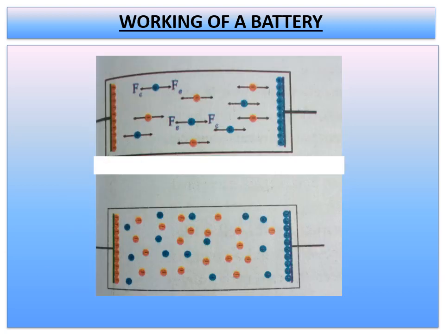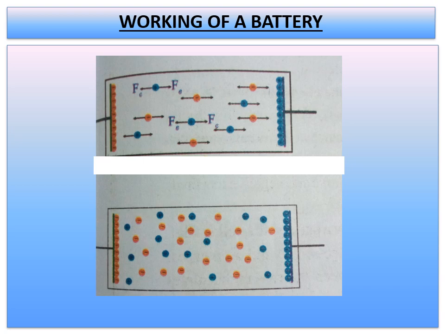So when you look at the first picture, we have seen more positive charges accumulated on one side and more negative charges accumulated on the other side as compared to before. So this accumulation of charges on the plates continues till the electric force Fe becomes equal to the chemical force Fc. At this situation, there will not be any motion of the ions due to the balance of Fe and Fc. You can see in the picture, children.